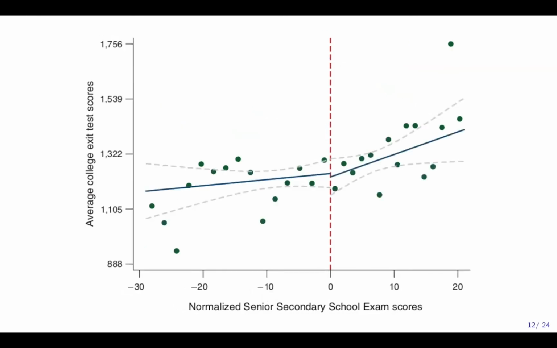This figure is identical to the previous one with a single change. Here, the vertical axis plots average exit test scores rather than average salary. As before, the key thing to look for is the distance between the two lines on either side of the admissions threshold. If we see a big jump, then that means that there's a causal effect of attending a public